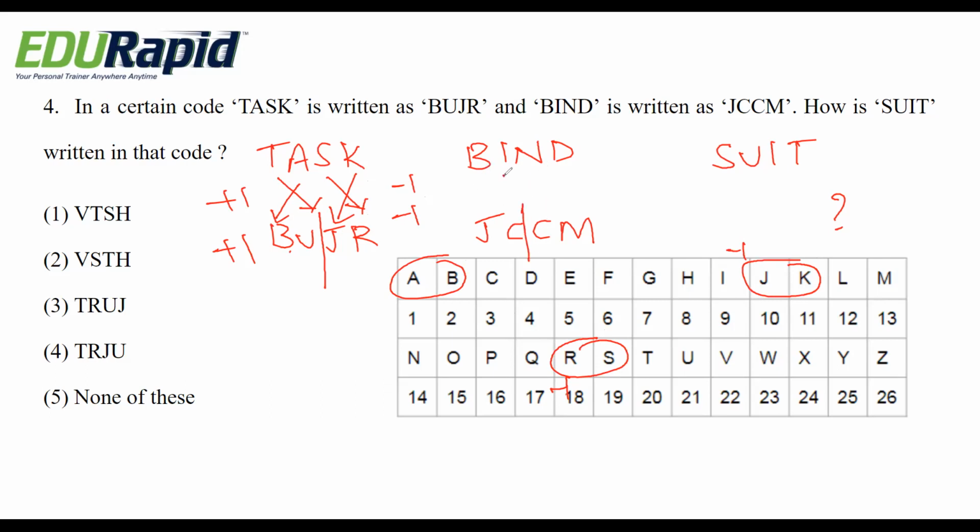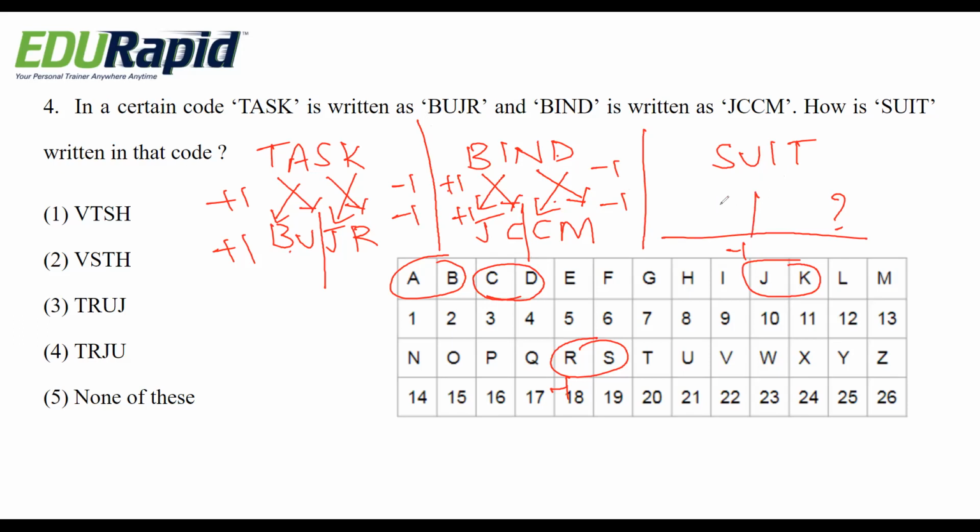After I it is J, after B it is C, and preceding N is M. Preceding D is C. That is, the previous term is C for D. Here we can say that the first two terms are increasing and the next two terms are decreasing. So here also it is the same: first two are increasing, after U it is V, and after S it is T.